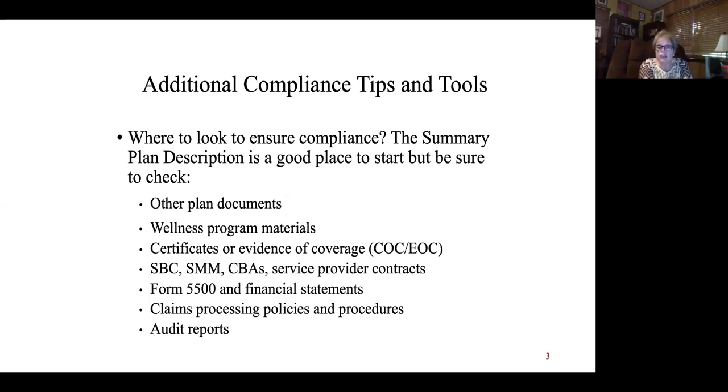Other places to look to ensure that you're in compliance. One place is the summary plan description. And there's a couple things to be aware of with regards to the summary plan description. First, I hope, and might even say assume, that you know what a summary plan description is, but just for completeness purposes, I'm going to explain that the summary plan description is the written document that outlines what is covered under the plan, eligibility, rules, and also meets the statutory requirements that need to be in a summary plan description,